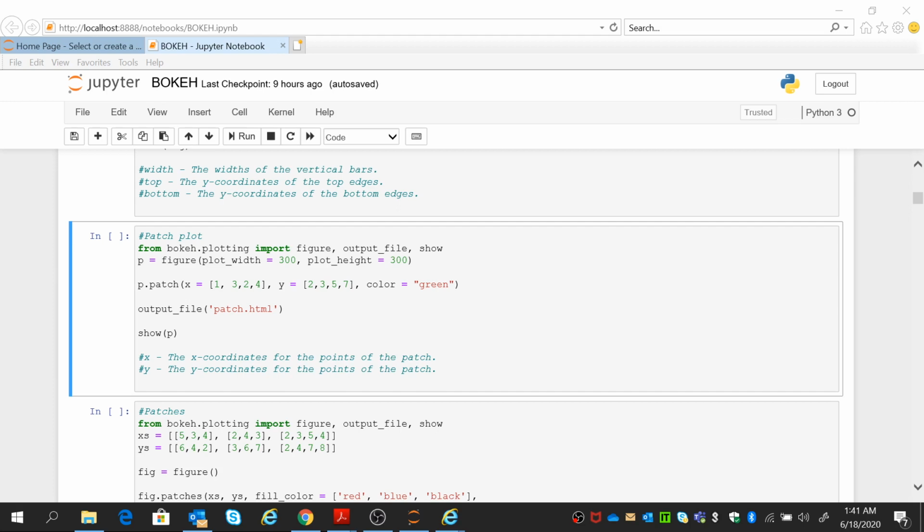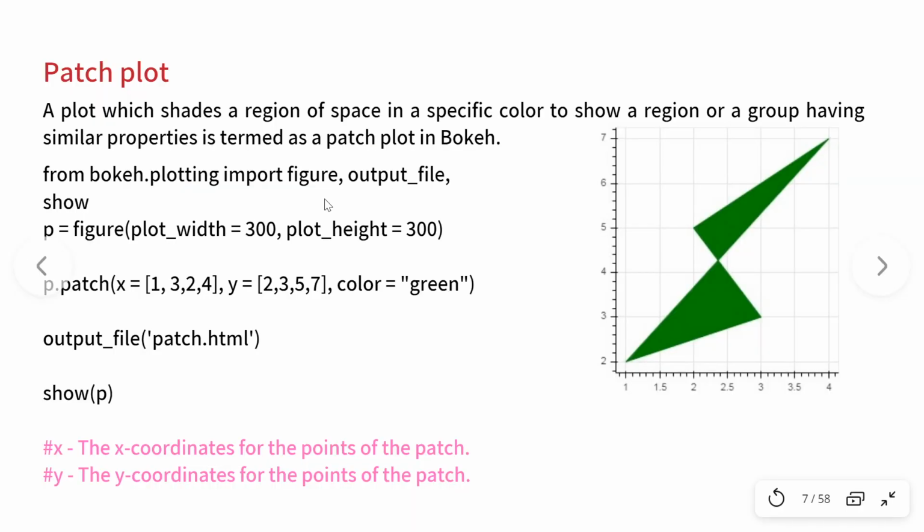Welcome to the next session, and in this session, we would be discussing the patch plot. So far we have discussed the line plot, and the bar, the horizontal and the vertical bar, and we have seen that with every Bokeh plot, there's a toolbar attached to it. That's a default toolbar, so you can customize it. If you wish, you can remove things, you can add things. We'll talk about it later on.